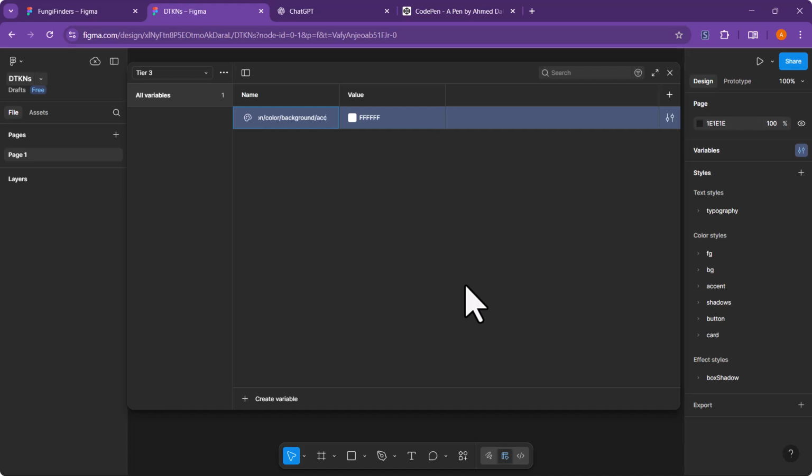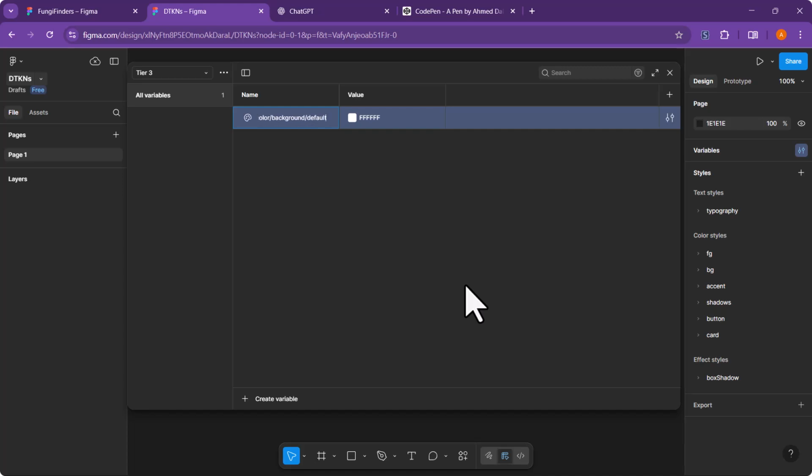Okay, no, what we're going to do here is our button, since we have just one button, I'm just going to call it default. And even if you had multiple button background colors, maybe you had some that were accent, some were base, some were brand, you could have background color brand, background color accent, and what have you. But since we just have a main color for our button, I'm just going to call it default.